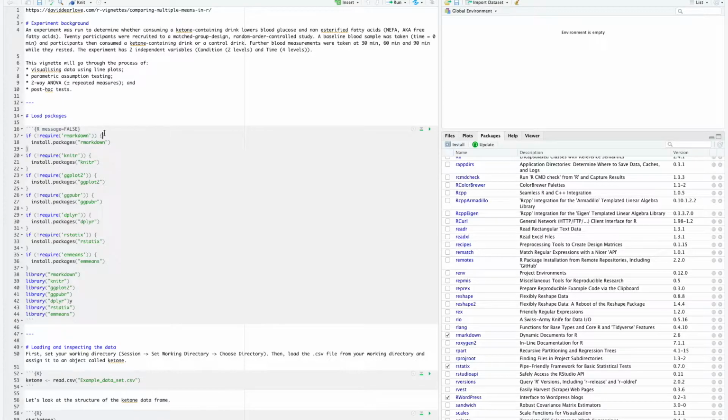Okay, so you'll notice that rather than using the traditional install.packages function on its own, we're containing it within an if statement. So what this is saying is, if the required package is not installed, then install the required package. So if the required package, in this case rmarkdown, is not, represented by the exclamation mark, installed, then install rmarkdown. And the benefit of doing this is that you'll quite often